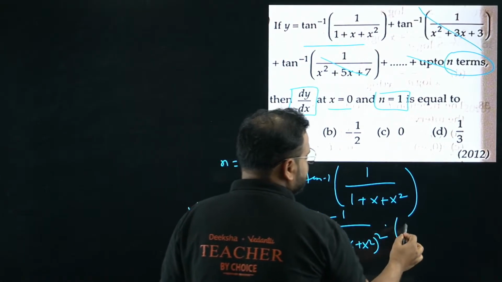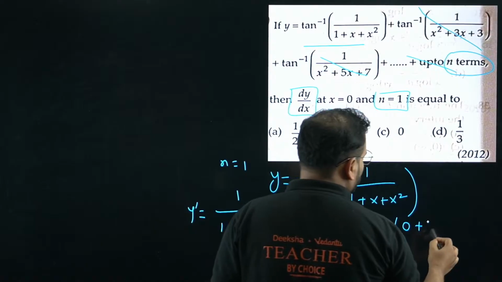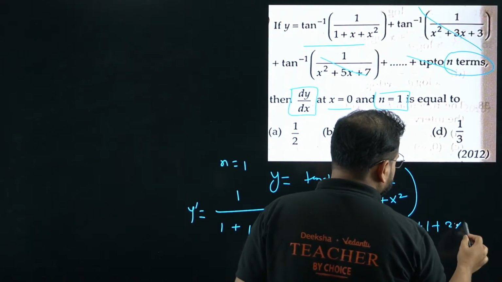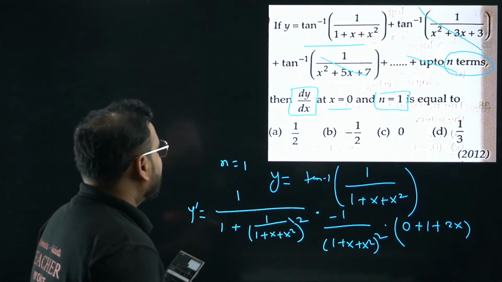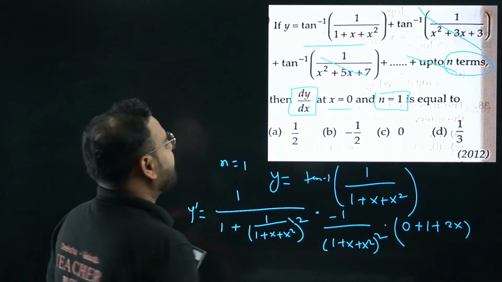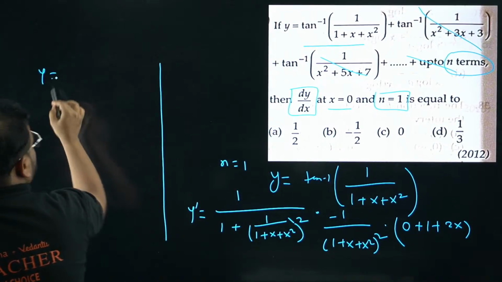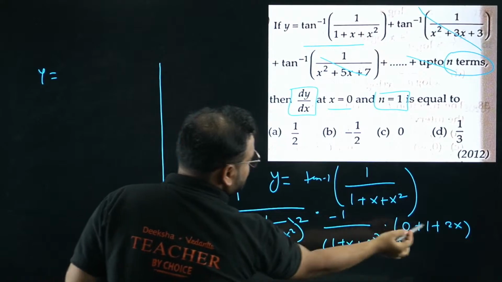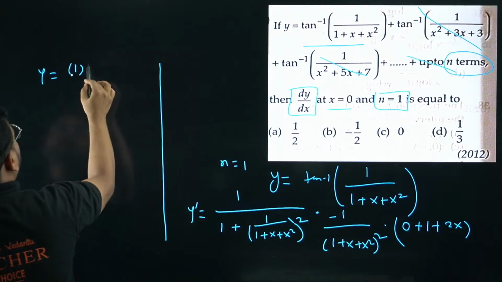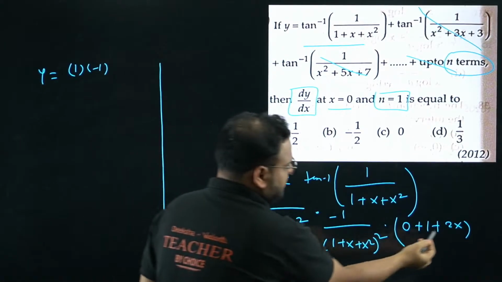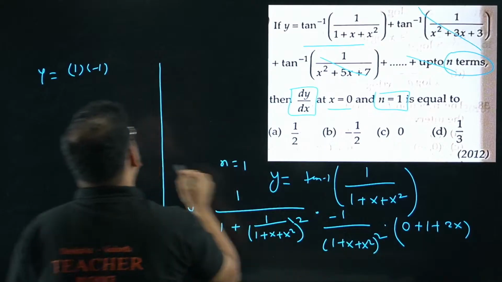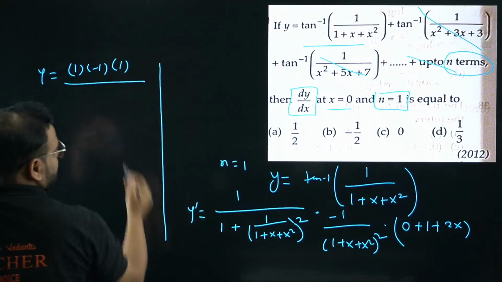I have to differentiate this part again. The 1 will be 0, and this x square will become 2x. Do I have to simplify? I don't need to. I'm putting the x value as 0, so can I get the answer directly? The numerator is minus 1 times this value, 1 into minus 1, and since x is 0 over here, only 1 is left. One more time, 1 is left. Denominator, you check here.